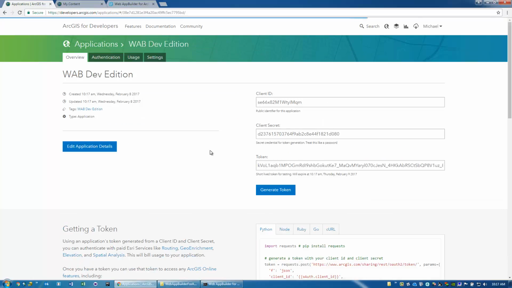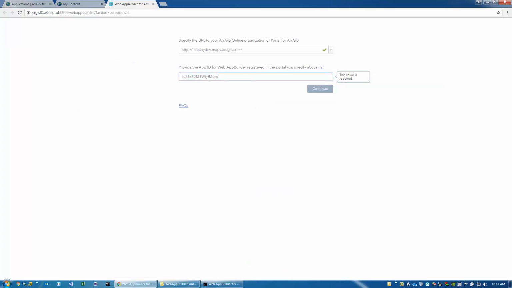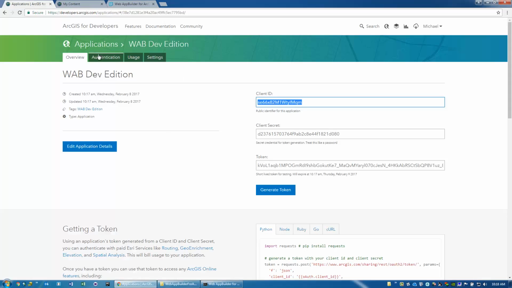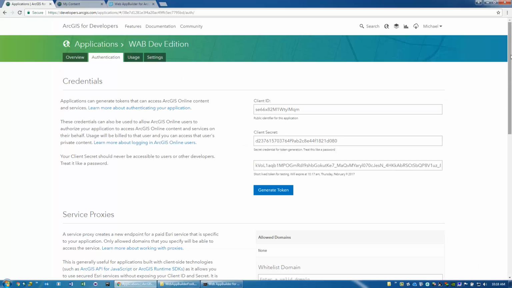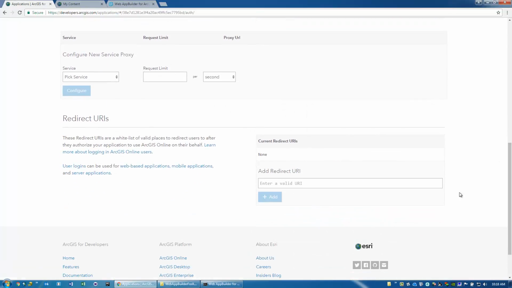And once we do this, we're actually given the client ID that we need to provide to the Web App Builder. Before I continue, this web application in my profile needs to authorize the Web App Builder at this domain as a valid redirection for using the authentication with ArcGIS Online. So you'll paste the URL here, and once you've done that, you can come back to the Web App Builder